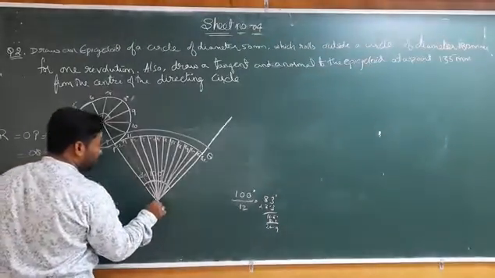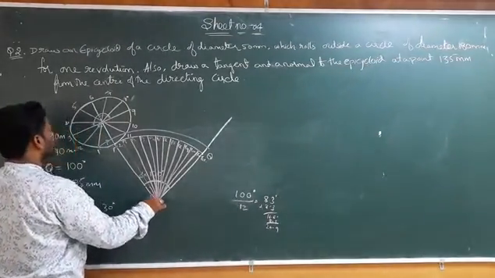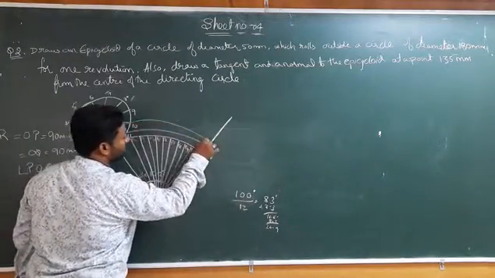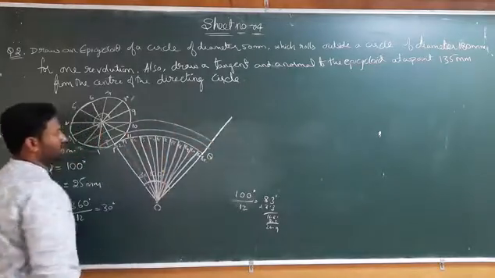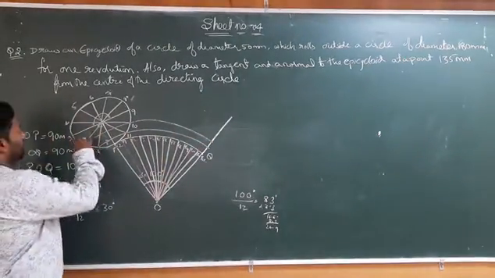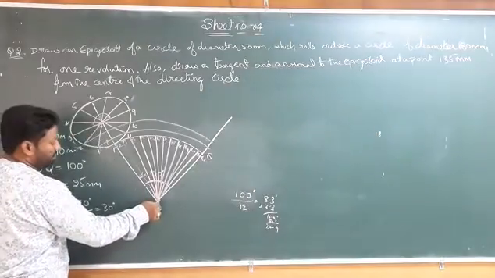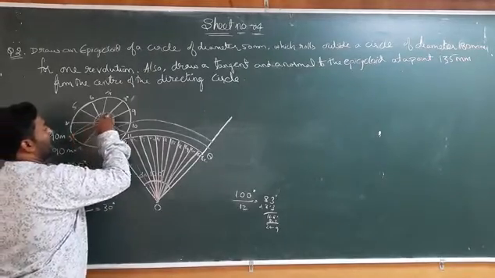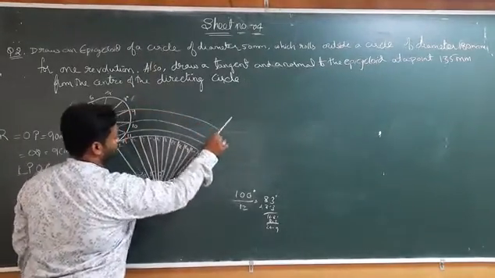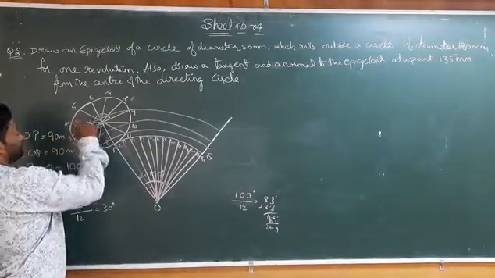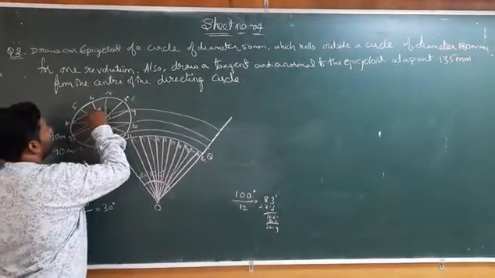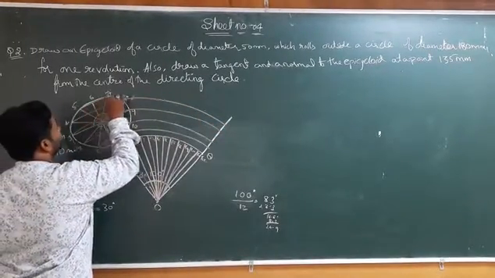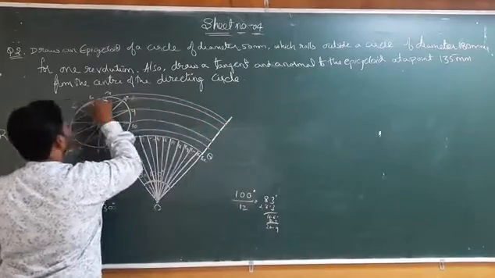Now second, again we have to take the center over the directing circle. We will take the radius as 2. We will draw the arc which is passing through the point 10. Now the third one is from 3. Again from the same center of the directing circle, we are taking the radius as 3 and we are drawing the arc passing through the point 9. Like that only, again we will take the center and we will continue for 4, 8, then 5, 7, and the final is 6.